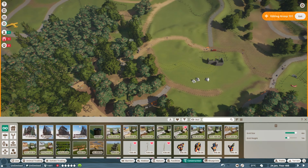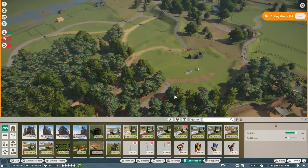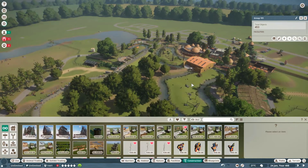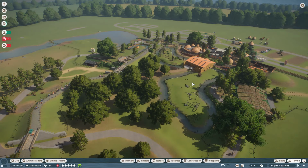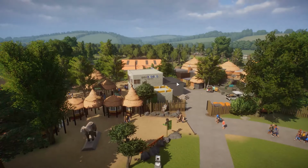Let me scroll up. So yeah, there's two more questions that I get asked every now and again that I would like to talk about. The first one is, why did you choose this zoo in the first place? Because of course there's tons of zoos. And the answer is actually not that I'm the world's biggest Beekse Bergen fan. I may have become it in the making of this park, but the main reason I started working on this zoo